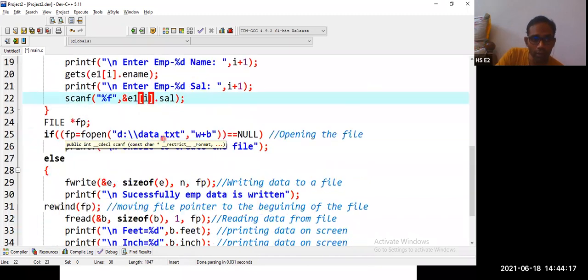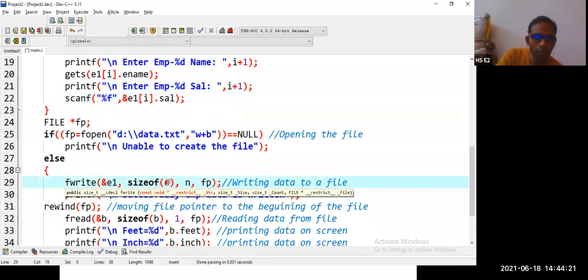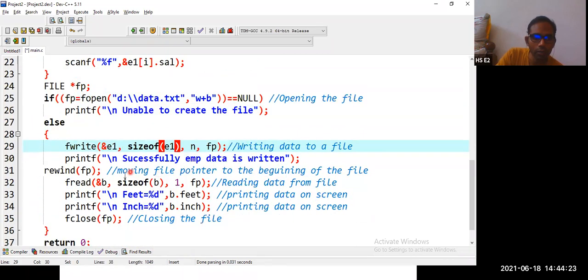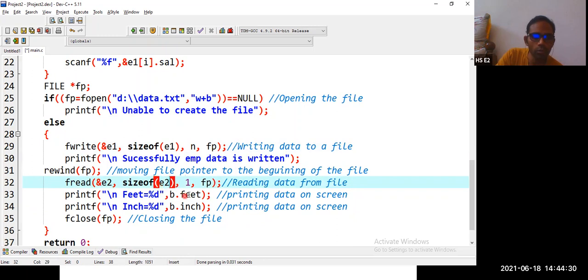So let us try whether this program is going to work or not. So here e1, then sizeof e1. Then here read e2, then sizeof e2. Then we want to insert n records into the file pointer.